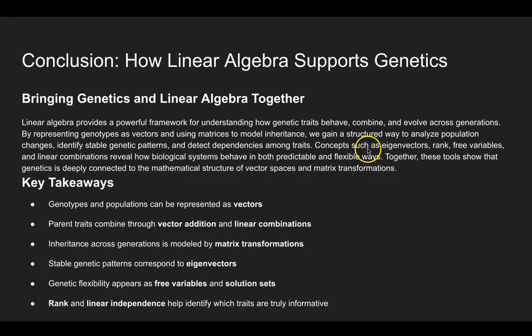By representing genotypes as vectors and using matrices to model inheritance, we gain a structured way to analyze population changes, identify stable genetic patterns, and detect dependencies among traits. Concepts such as gene vectors, rank, free variables, and linear combinations reveal how biological systems behave in both predictable and flexible ways. Together, these tools show that genetics is deeply connected to the mathematical structure of vector spaces and matrix transformations. Key takeaways are genotypes and populations can be represented